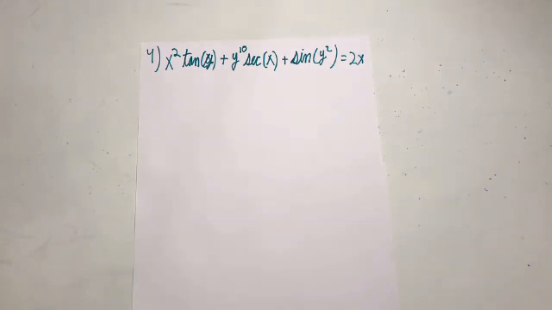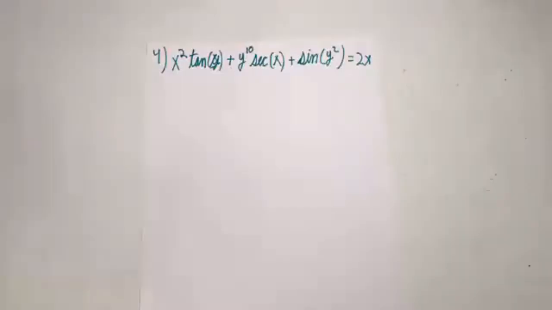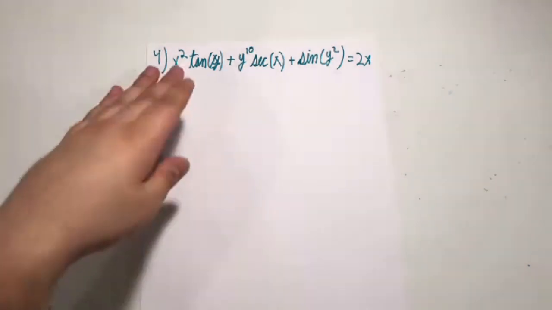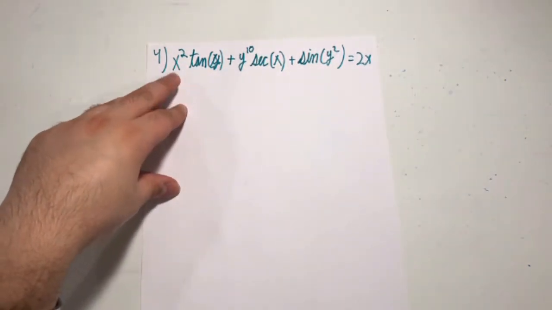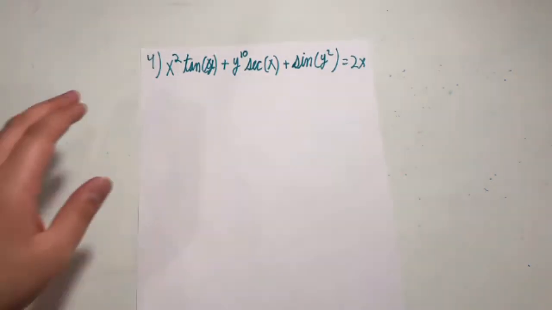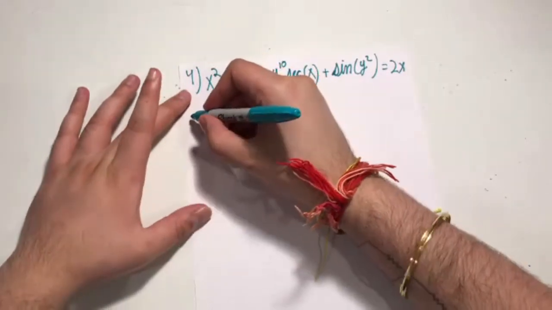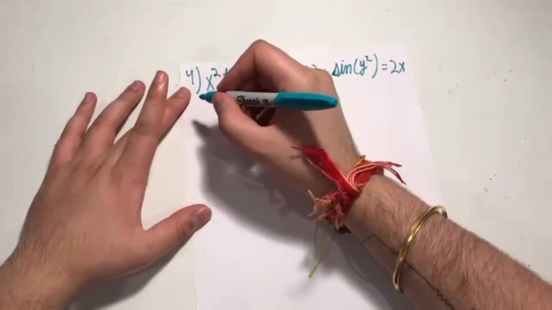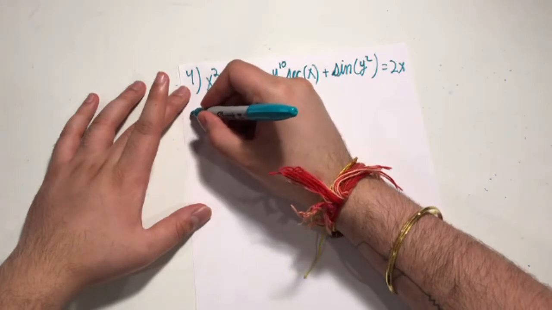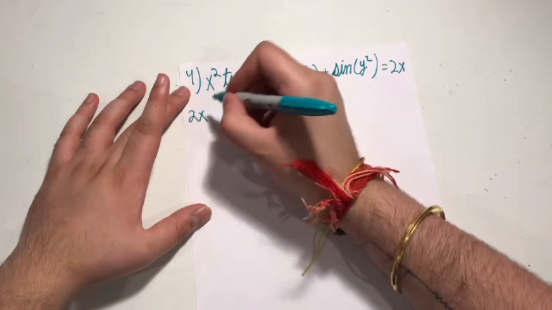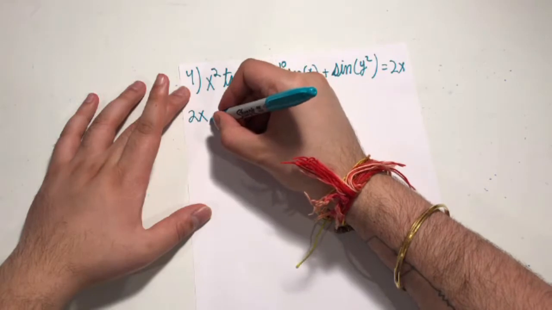All right, so let's take it one by one, right? We have all these things separated from each other. We can do them one at a time. So here we have x squared tangent y. That is a term that has x's and y's in it, so we'll need to split it up and use product rule. Split up here is easy. It looks like it'll be x squared times tangent y. So derivative of the first thing times the second thing. So that's going to be, I'm pretty sure I'm going to run out of room here, but hopefully I won't. Derivative of x squared is 2x multiplied by the second thing, which is tangent y,